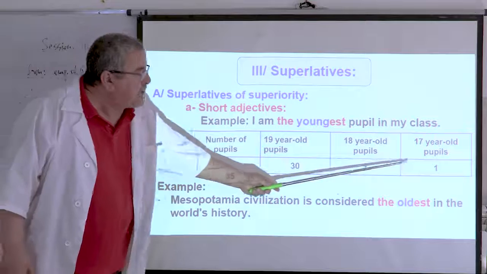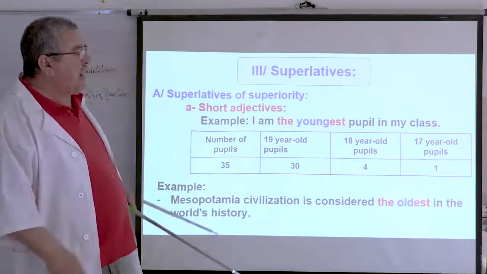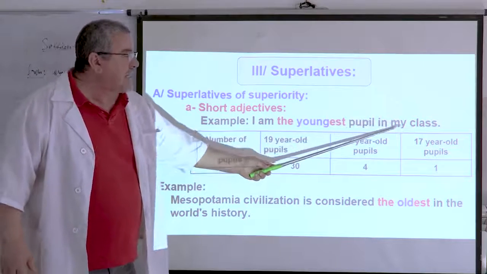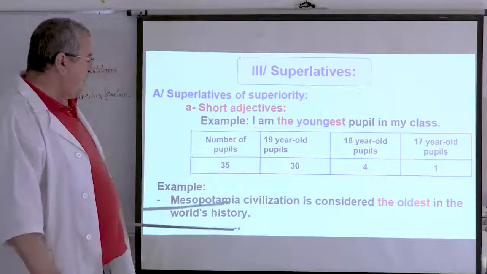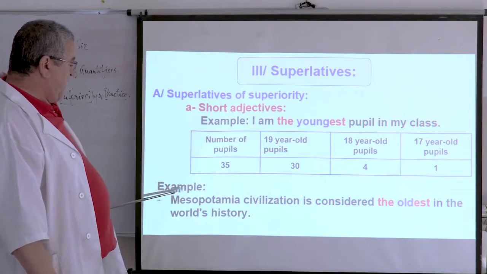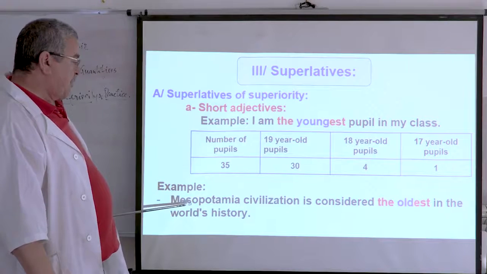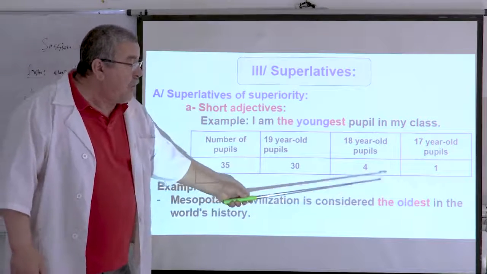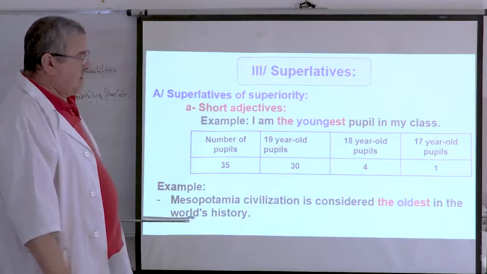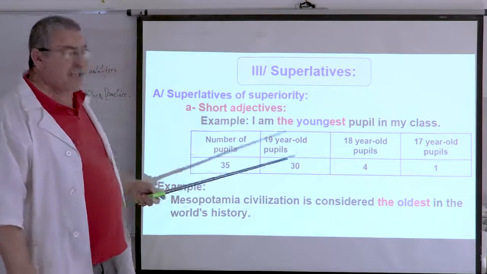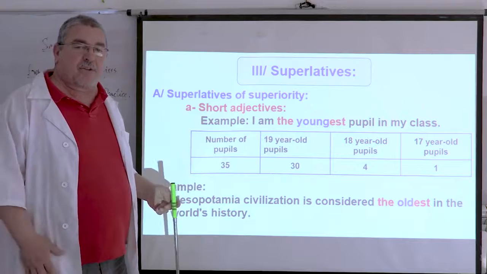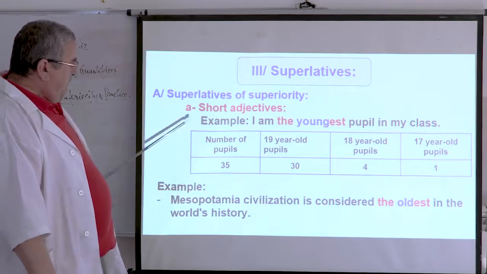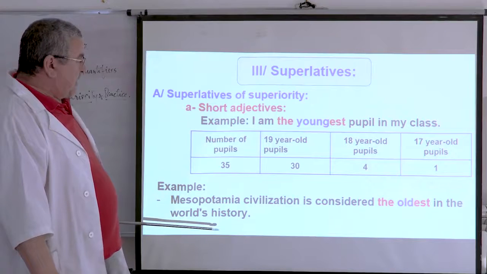Now, this element here is compared to all the members of his class. So, there we have one more example. Mesopotamia civilization is considered the oldest in the world's history. You have seen this in your first unit about civilizations. Let's carry on